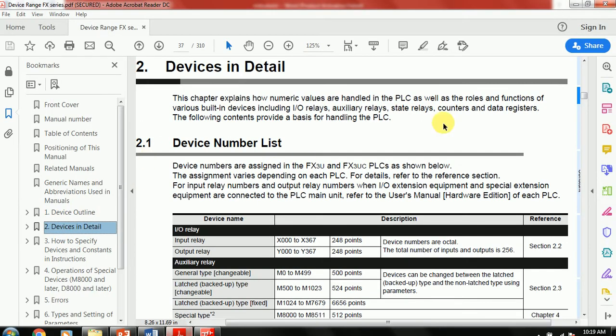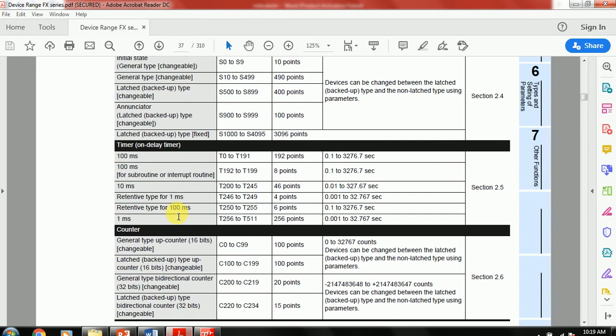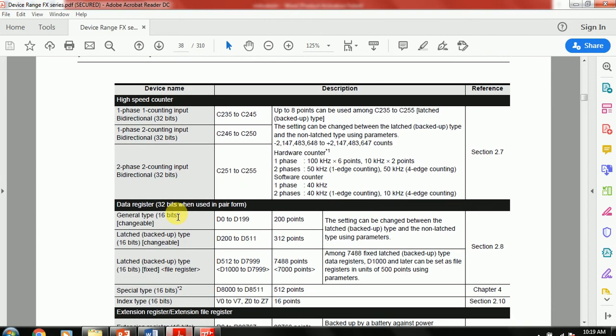This is the FX series operation manual, and you can see here the types of data register: general type, latched, special. General type has 200 points. Its range is from D0 to D199.